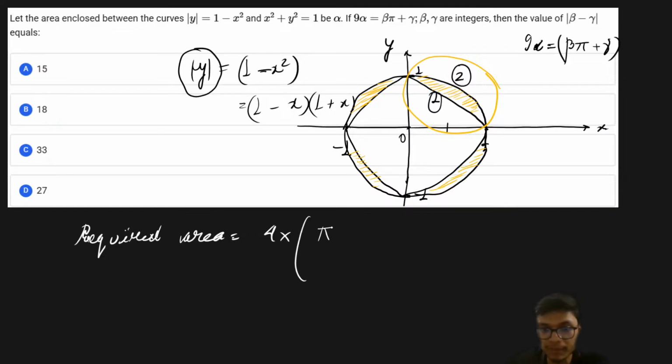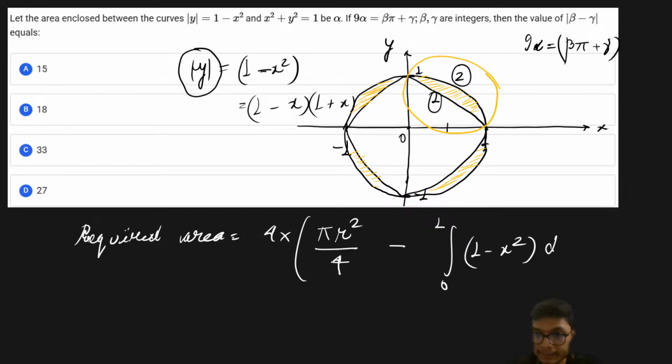So the area of the circle is basically pi r square, and divided by 4 will give one of the quadrants of the area, minus the area under this particular curve, that is basically the integration from 0 to 1 of the square root of 1 minus x square dx, right? And from there, if I subtract this particular value, then I am going to get the required area, right? So that is going to be equal to